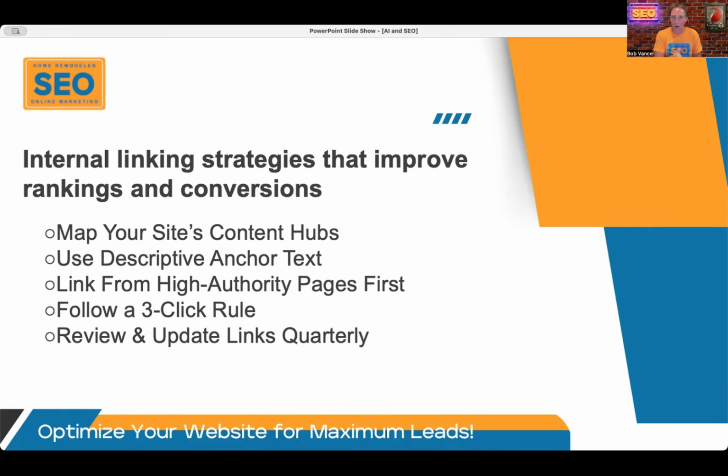Like, you want it all to be what we call pillared. They're just pillars that build on each other. It's backlinks that are doing that, internal links, in other words. And so to do that, you can map your site's content hubs, group your related pages all under that core pillar of pages, your main services, and then those links flow naturally and support the main content.